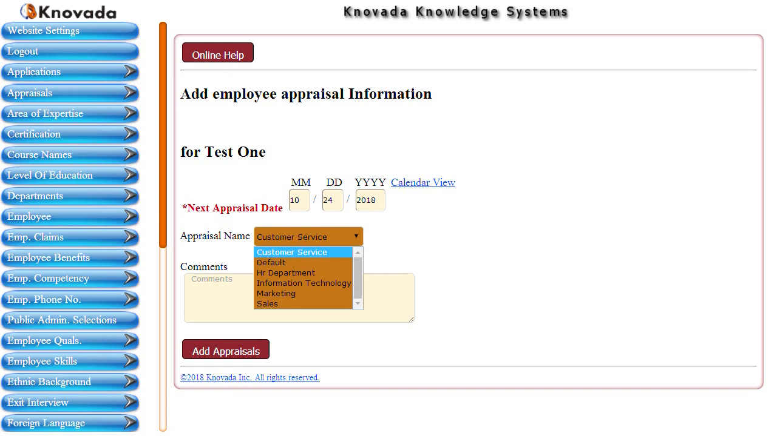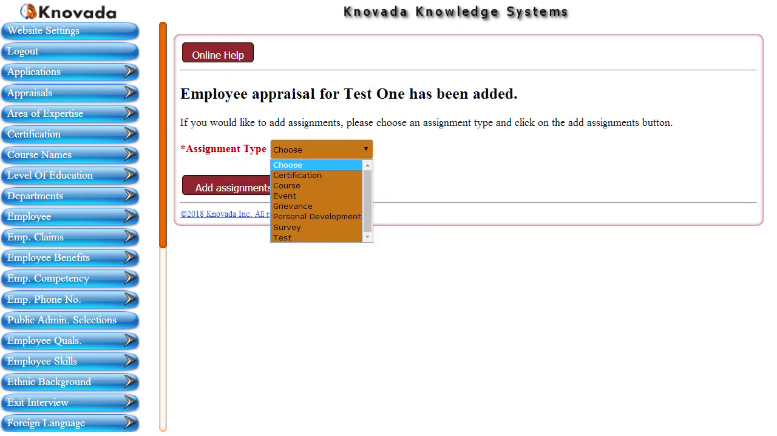By selecting Add Appraisal, the appraisal template Customer Service for employee test 1 will be added to the system with the confirmation displayed on the following screen. This display confirms that the employee appraisal for test 1 has been added. In addition to the confirmation that the appraisal has been added, this display also provides the opportunity for the appraising